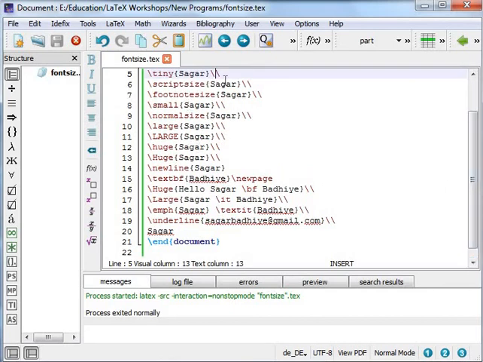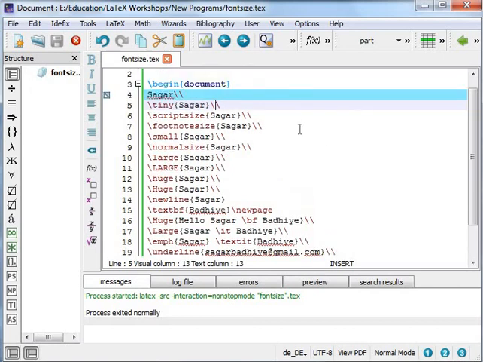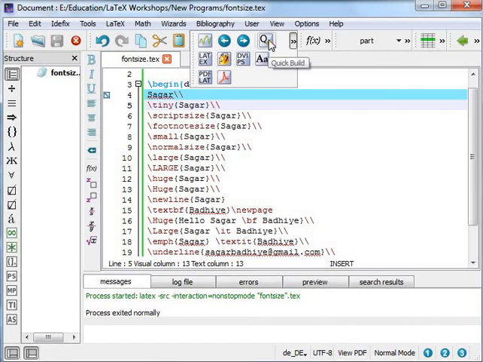For compilation, we have seen the process of creating LaTeX documents. Once we have created the text file, it can be converted to different formats, such as the DVI format, for which we can use the DVI compiler. Here we can build the file. Then there is a LaTeX compiler that will convert it to PDF format.